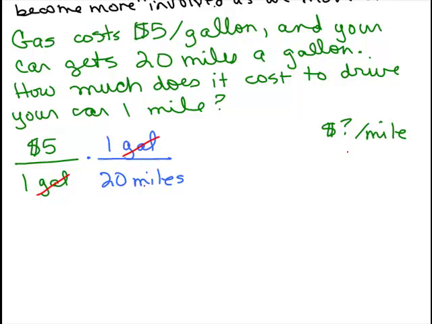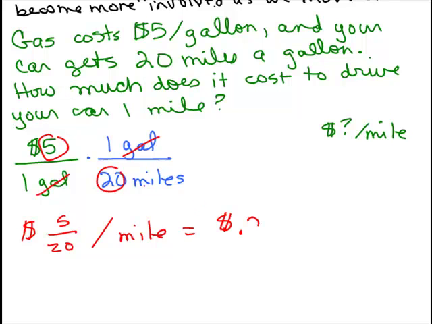The question is, how much does it cost for 1 mile? So the trick is, how do you get it to look like you want over here? You've got dollars over miles, but you got to get rid of this 20. So here's the trick. You just do the 5/20ths per mile. In other words, you take the numbers and kind of put them together, the 5 over 20. And now, what would 5/20ths be? That's 1/4. But in a calculator, or just changing it to a decimal, that gets you to 25 cents